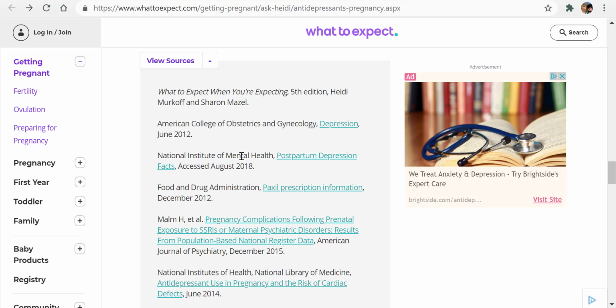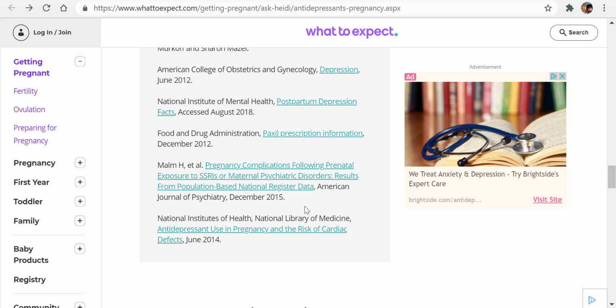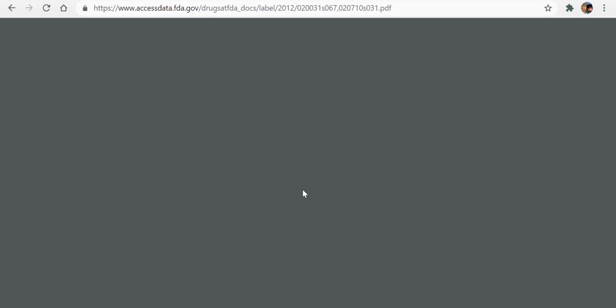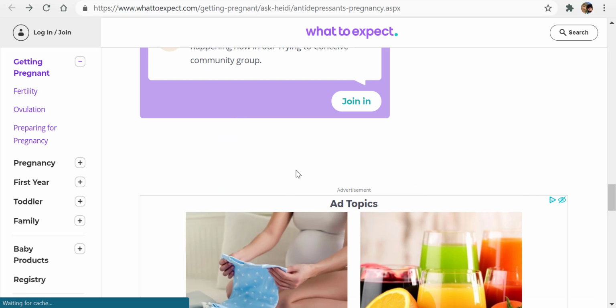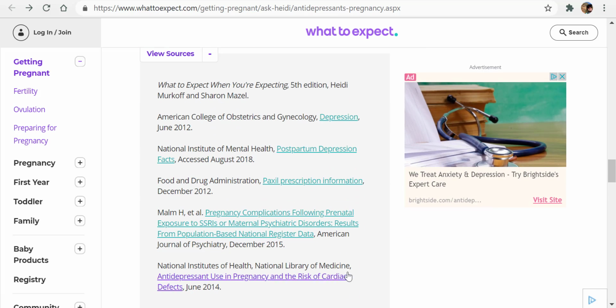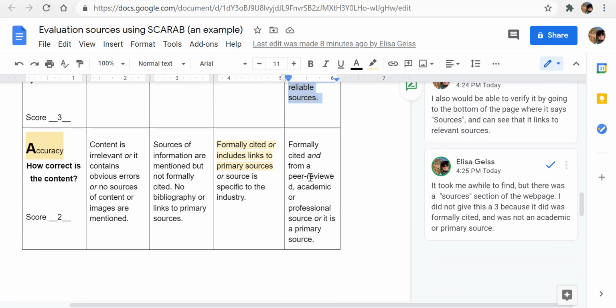The American College of Obstetricians and Gynecologists, I know I said that wrong, the National Institutes of Mental Health, the FDA, and then they have a couple of articles here. And if you actually go into them, they go to the actual websites, which is great. These are all good sources that they're coming from. So that's why I'm giving this the highest score, because it can be verified with other reliable sources.